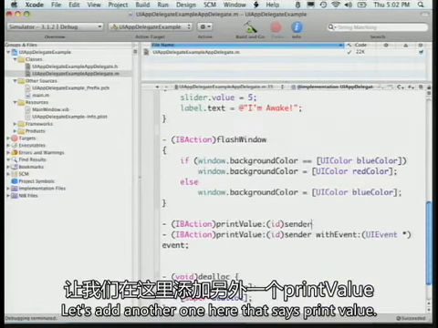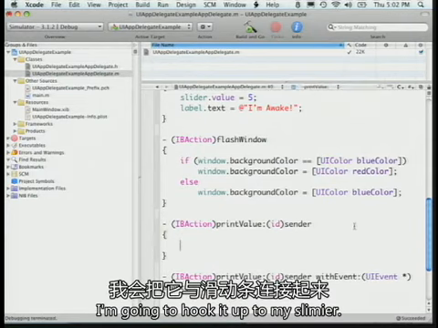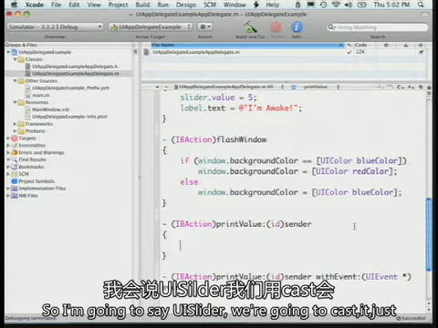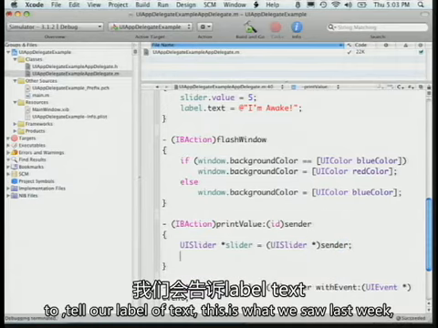Let's add another one here that says print value. This one takes one argument, which is the sender. I'm going to hook it up to my slider, so I'm going to say UI slider. We're going to cast it just for clarity here: slider equals UI slider sender. And we're going to tell our label's text